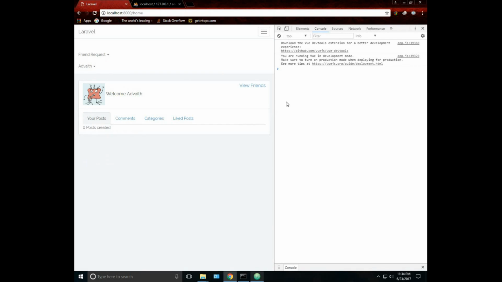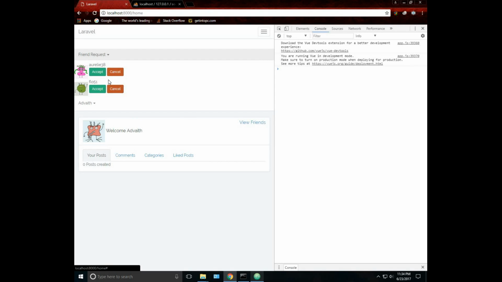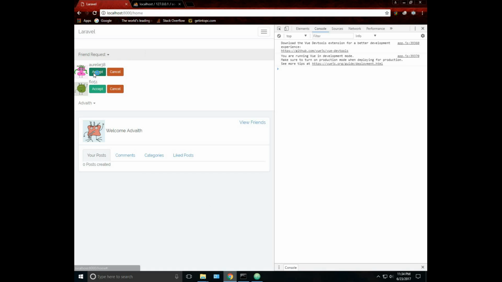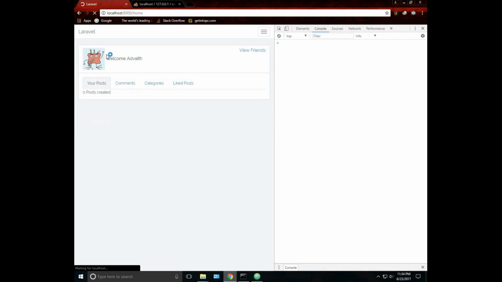So now you can see we don't get any error. But if you click the accept button, we can't see that user disappear because this user is not becoming a friend, and that is because in the if condition we are just changing the approved to true, but we have to also save it. So just save it, and now if you click and reload